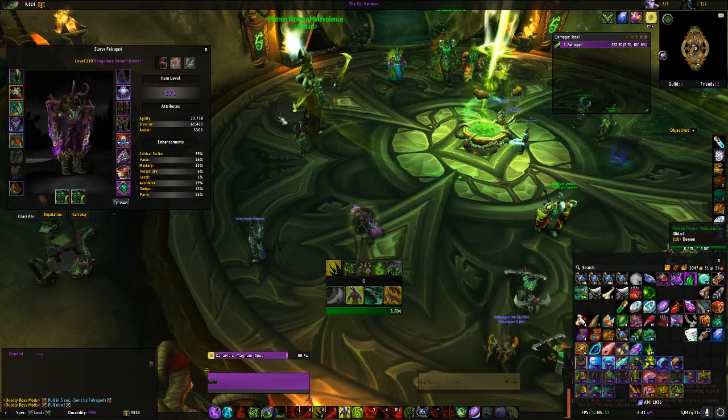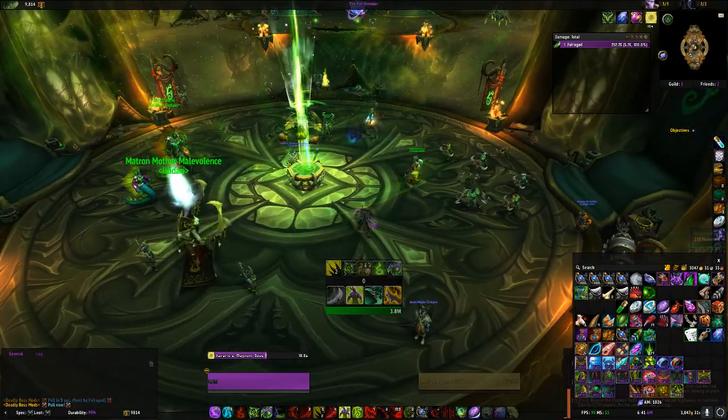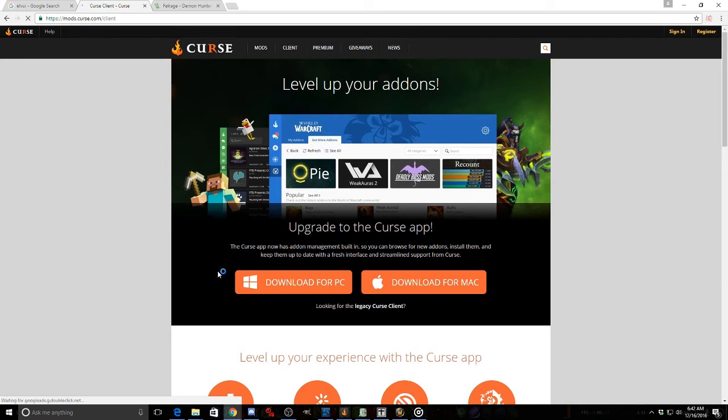So Pawn's really good. Now that I've gone over those things, we're going to go over where to get these things. So what I have here is just a regular Google browser window, and I typed in Curse Client because if you don't have Curse, which a lot of people don't, you need to get it. Then you click on this little button that says install using Curse Client. You can get Curse. Just go to the website, download for PC, download for Mac, and once you download it,